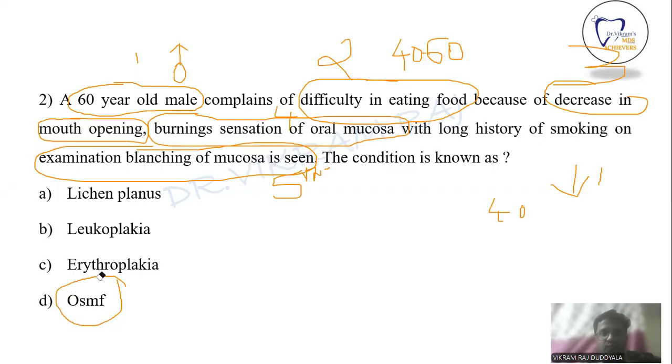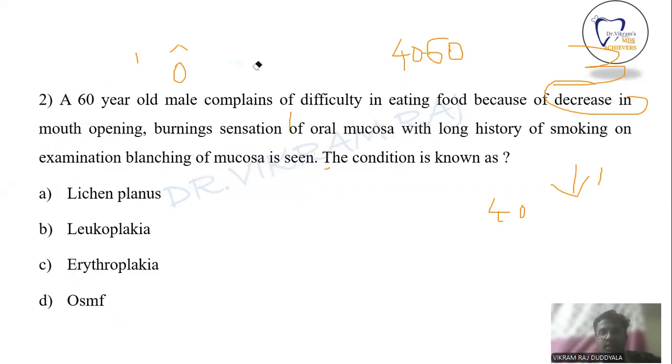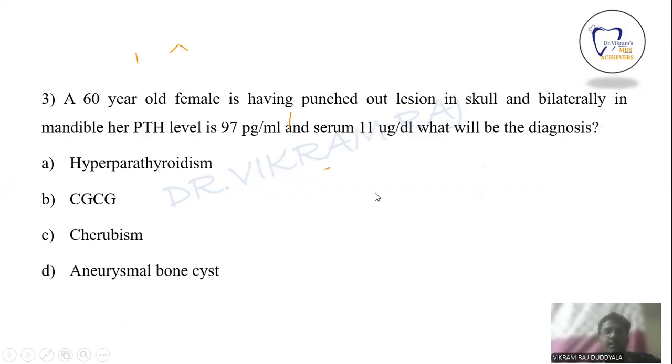These are the second set of questions, which are going to be somewhere around 40 to 60. And coming to the 60-year-old, you can see it is also like the first question kind of thing, just a modification of the second and first question, where they will be asking a case scenario but only in two lines. You can see a 60-year-old female is having a punched-out lesion in the skull and bilaterally in